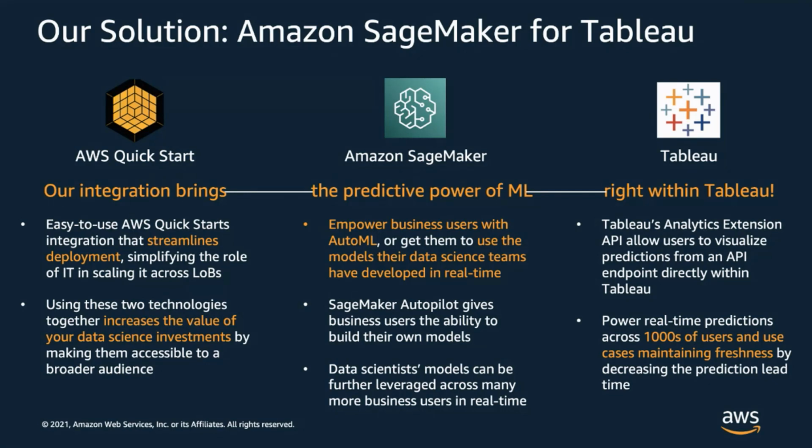And so to do that, they're working on Amazon SageMaker, which is a platform for deploying predictive modeling at scale that can be done with data science teams using code, or now increasingly for more business analysts, users embedded with the actual business functions to start building models of their own using automated machine learning or AutoML. And this SageMaker Autopilot technology allows a real democratization of access to the ability to build, test, and deploy predictive